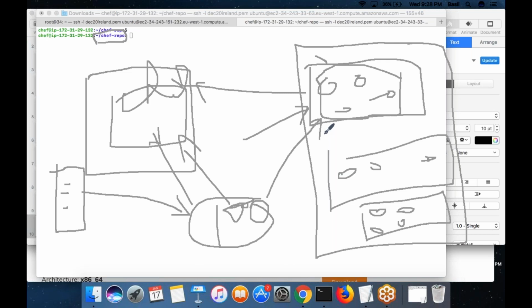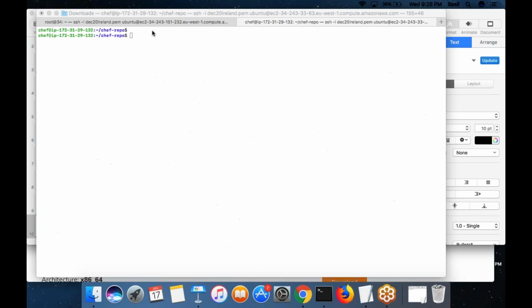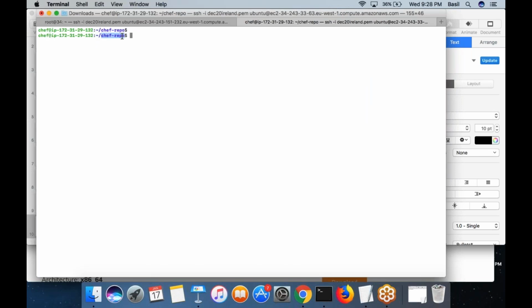So that's what chef is, right? It is a central place, a single place that contains the entire configuration about your infrastructure. And that is exactly what this particular folder would contain. It is inside this folder, cookbooks, where we are going to create cookbooks. Like that, there are different folders which we will come into.